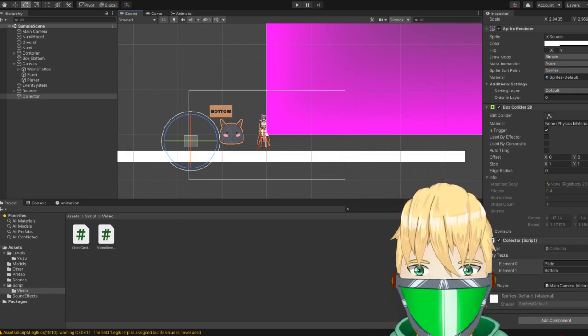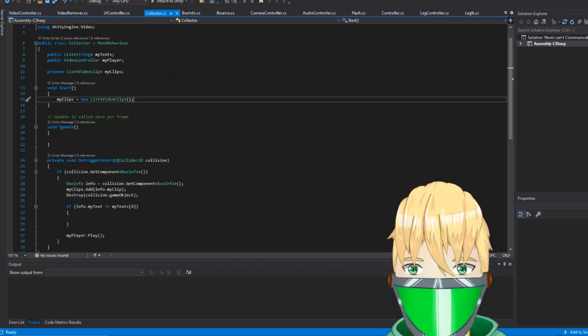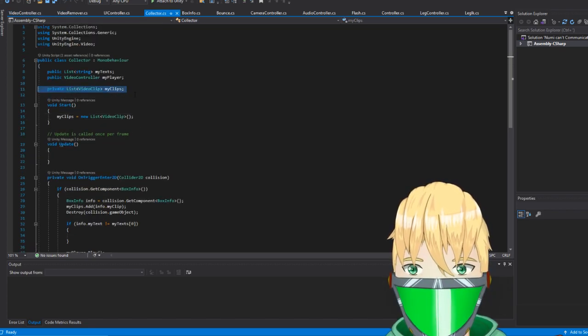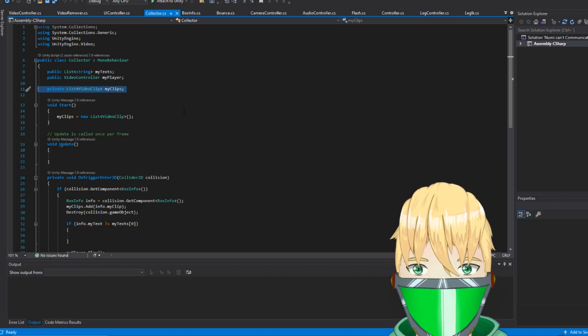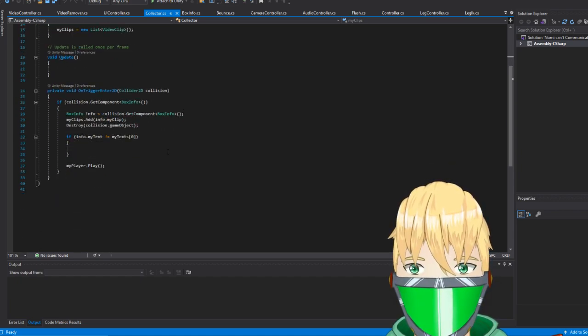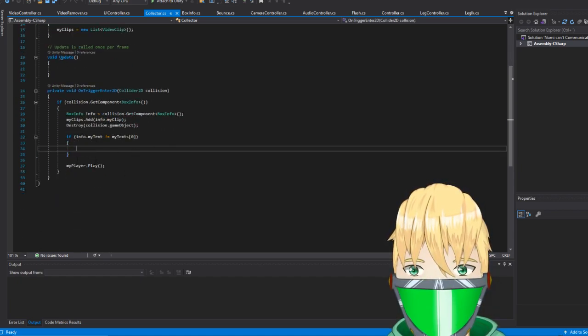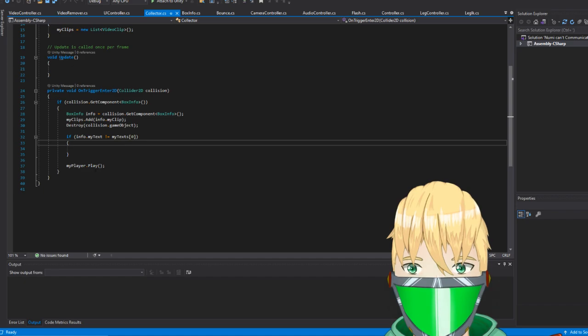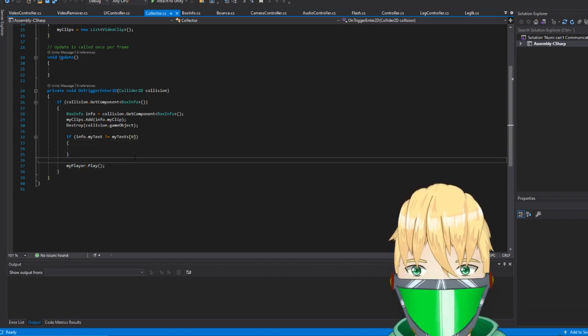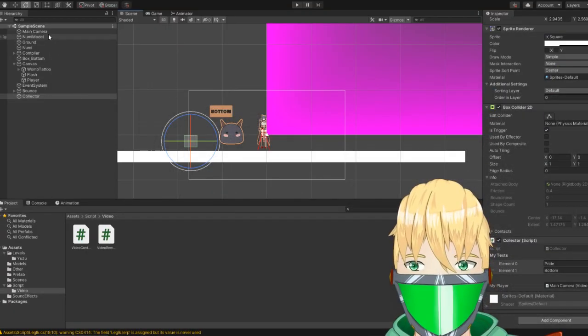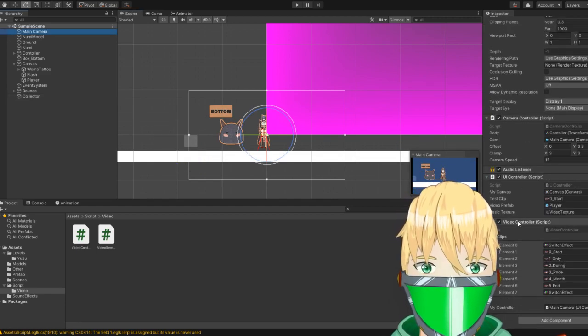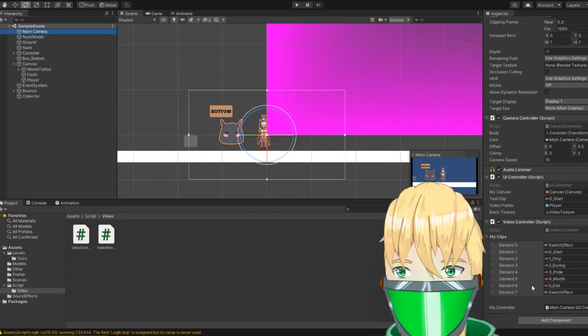And I believe in the collector we are collecting all the clips in the order that we get them. Right now we're not using that, we're just setting myplayer.play and it plays the clips in the video controller here. So we're gonna have to fix that later.